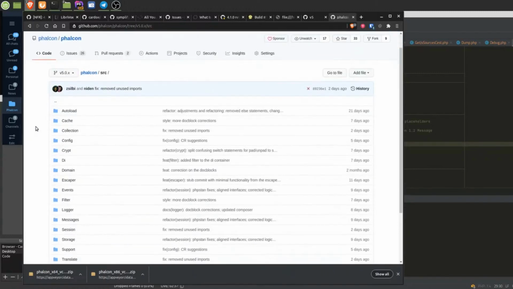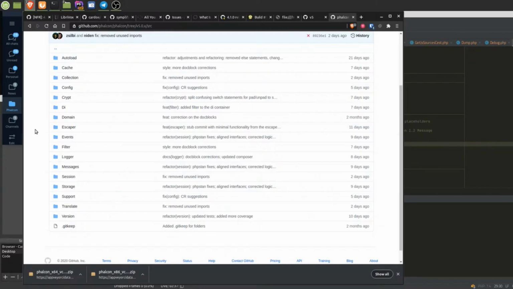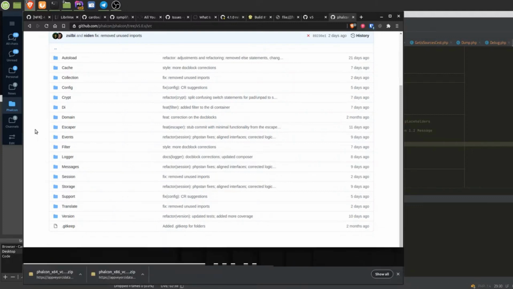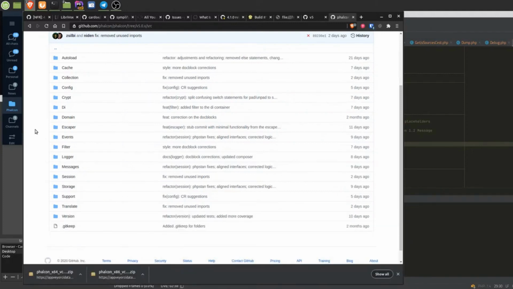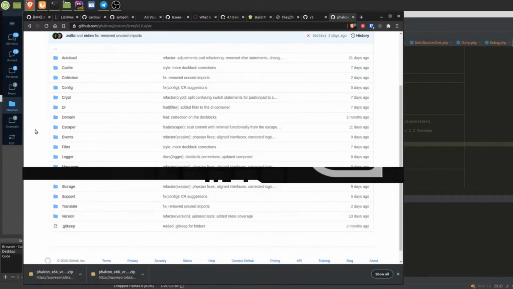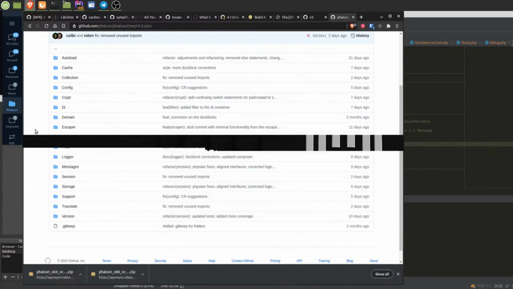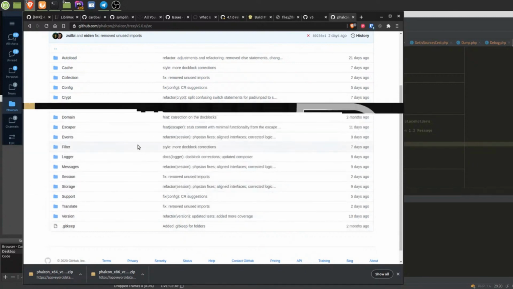So far, these are the things that we have upgraded. So we have the loader, cache, collection, config, crypt, DI, domain, escaper. Escaper is kind of already there. It's not 100%. Events, filter, logger, messages, session, storage, support, translate, and version. And I don't know why git keep is here. I might as well get rid of it. But anyway,